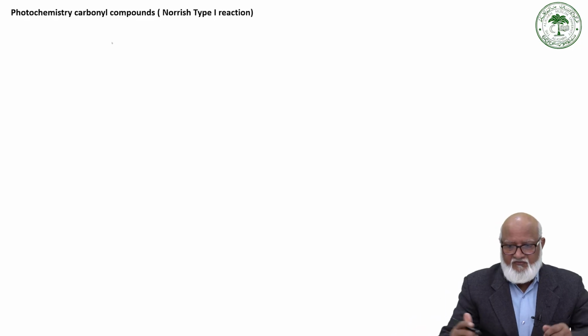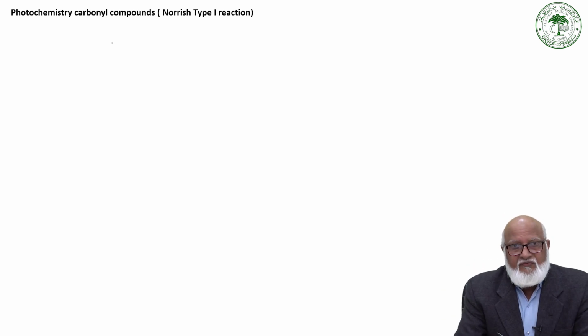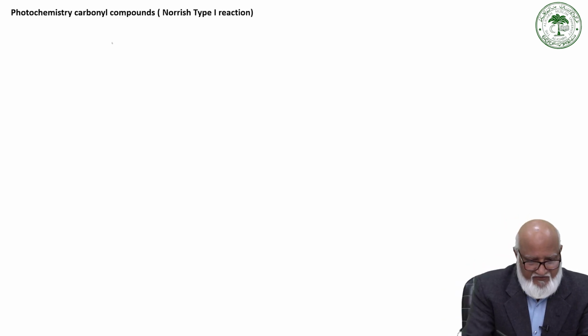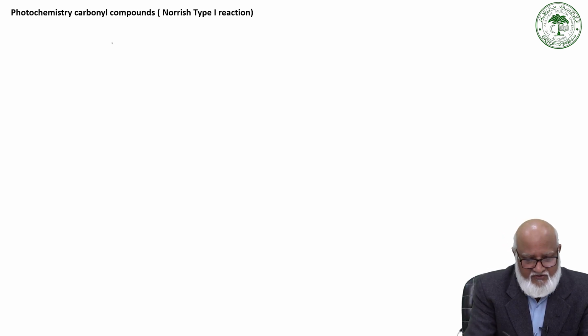So in continuation of the earlier lecture, we would like to see a few more examples based on Norrish type 1 reaction and see what is the probable product formed in alicyclic ketones and so on and so forth. So the next example is this one. If we have a system like this, then let us see what